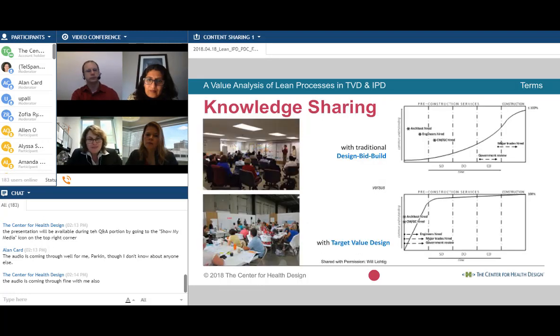One of the most important parts about targeted value design is this concept of knowledge sharing early on. On the right-hand side, you'll see some diagrams that were originally proposed by Will Lichtig from Bolt, and he's a lawyer who's been working on IFOA contracts. You can see on the top, in a traditional design project, you will have this kind of lazy S-curve, the idea that over time, all the different parties will start to understand what's going on in a project. But in target value design, you have many more meetings up front, and that's significant because it means that people are now working with a larger understanding of the project from the very beginning,